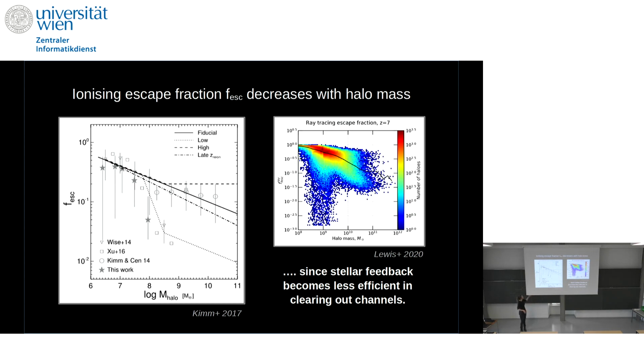On the x-axis, you have how massive the galaxy is. And what you can see is that it's very scattered. So simulations predict vastly different values. But you can see a trend. It's roughly decreasing the more massive your galaxy becomes. These are two different kinds of simulations where you see more the 2D distribution of all the values that they find. So it's highly variable. And it also really depends on which time of star formation you are at.